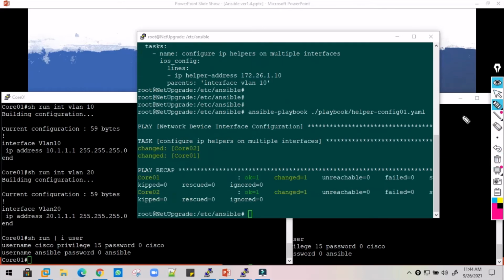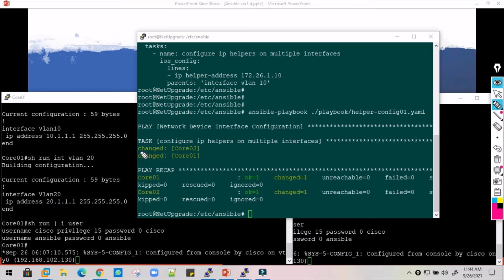Now let's see. If you have noticed, it gave us information that it changed something on core switch 2 and core switch 1, and that is a successful execution, which the green sign indicates. It performed one change on core switch 1 as well as core switch 2. You can also verify that it was configured from the console by the username Cisco. The same thing is available on the second switch as well.